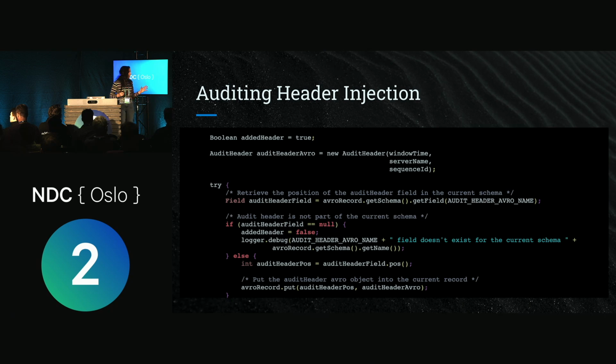OK, so what's happening here is that we're receiving some sort of data. We're not really sure if auditing is enabled on it or not. So the first thing that we're going to do is just check if it includes the audit header. If it does, then that's great. We're just going to run it over with an object that we've created. And that way, if our auditing data does include an audit header, it will now include all of that information